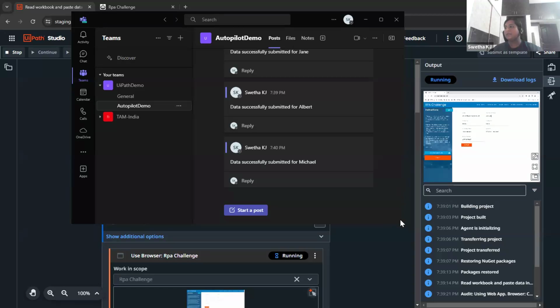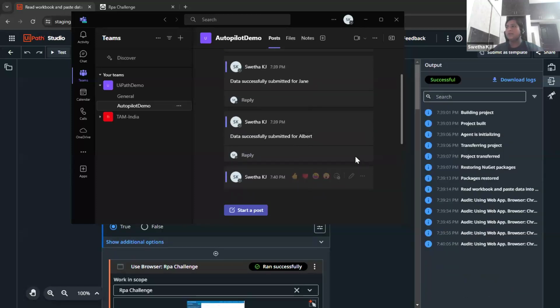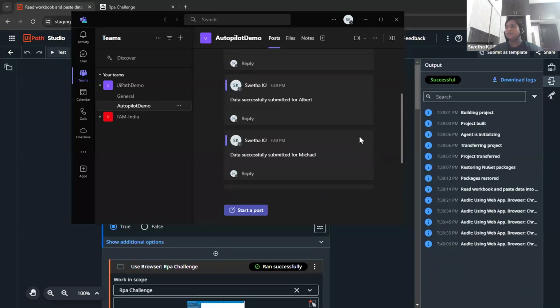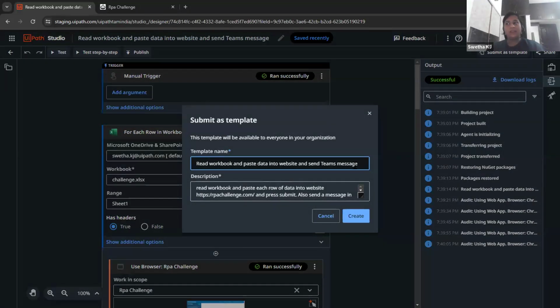So let's wait and let it complete. Great, so data has been successfully posted for all the rows of data that we had. All right, now submitting it as a template is easy. On the right side, you will see submit as template, just click on that. And you can give anything, so I would just say,